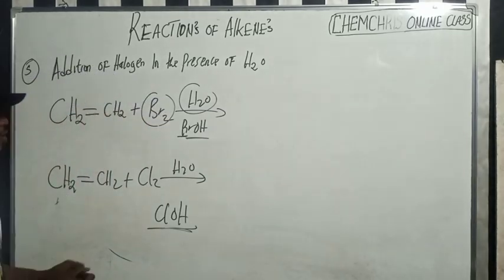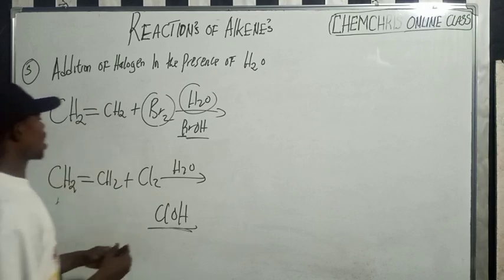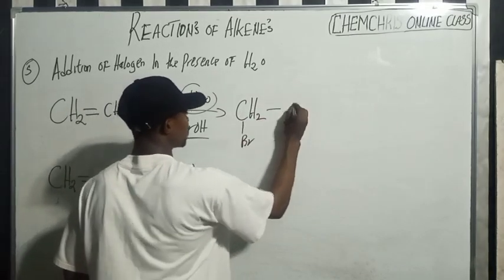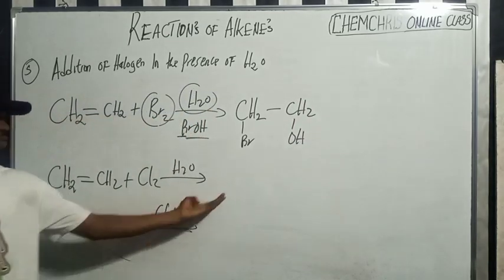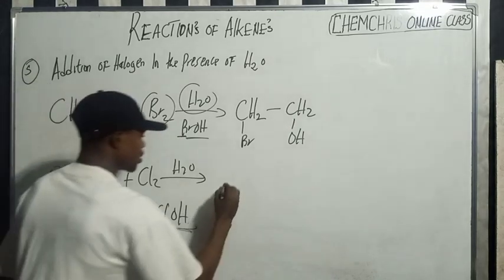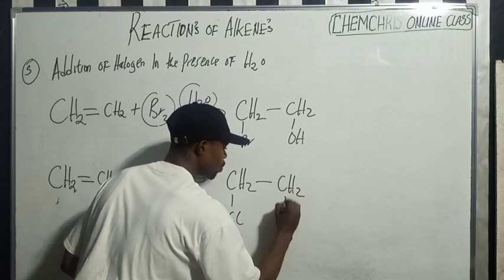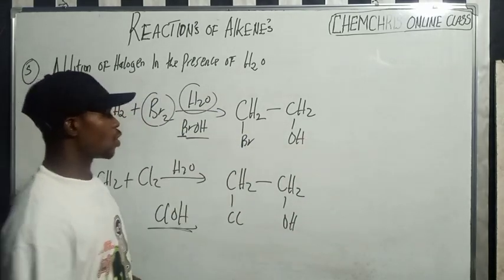So what is the product of the reaction? Remember, Br we added here. Here we have OH we added here. So here we have CH2Br and here we have CH2OH. Just now, the same thing, this one here. Here we have CH2Cl. Here we have CH2OH. So the name of this product is called